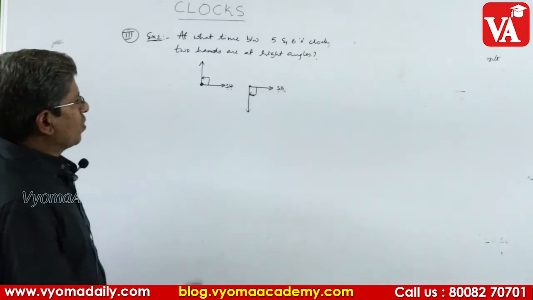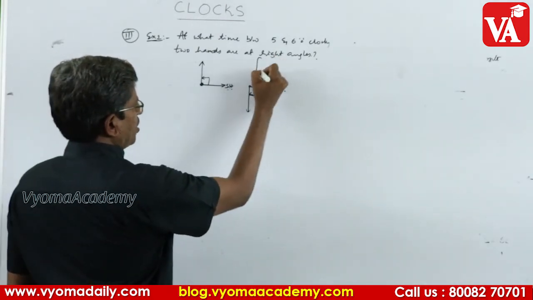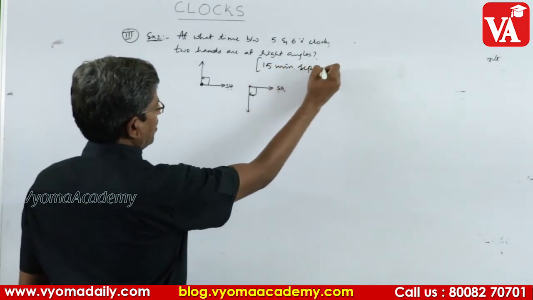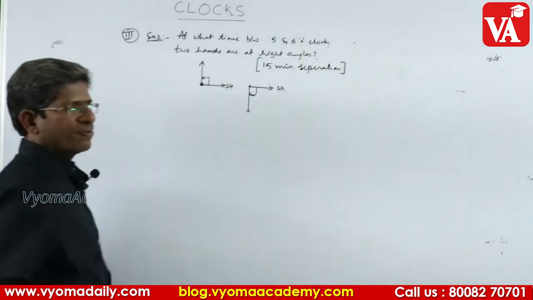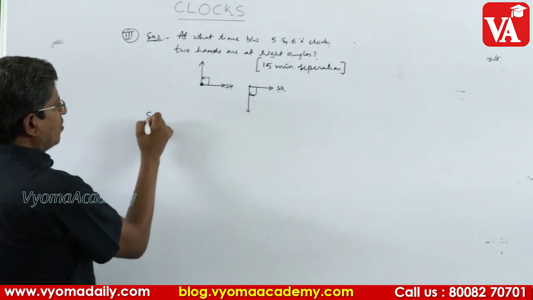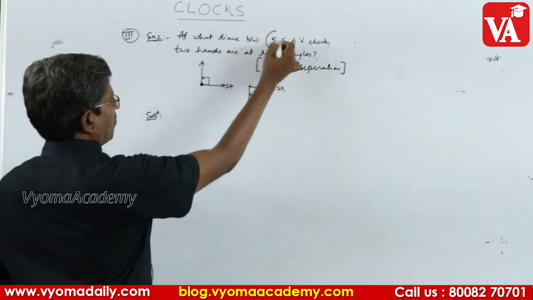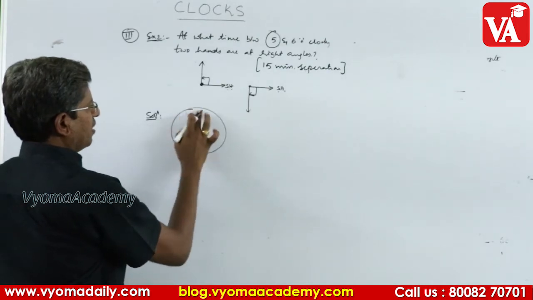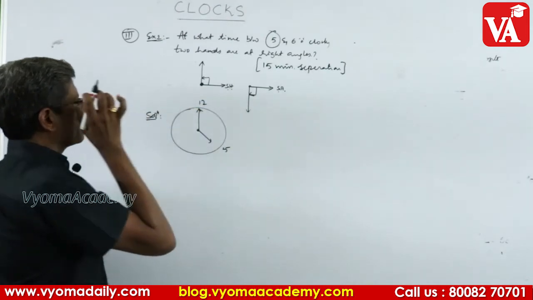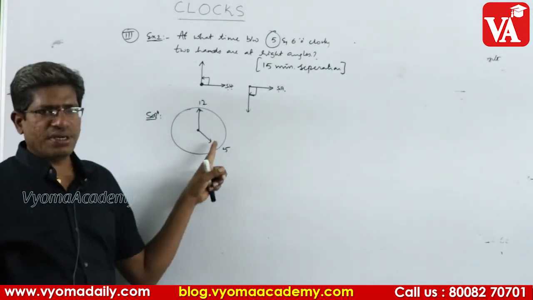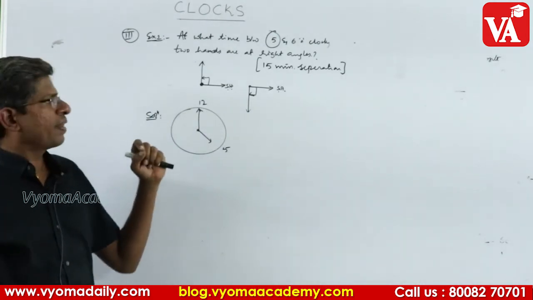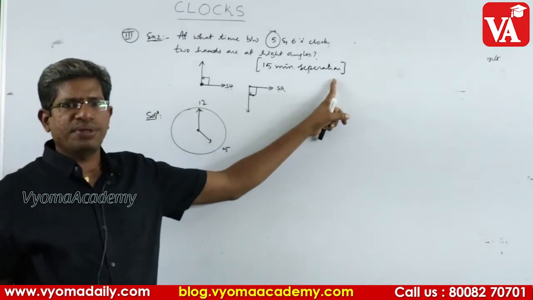Okay. So keeping that in mind, right angles means one more thing: how many minutes separation here? 15 minutes separation. How many minutes separation there? 15 minutes separation. Okay. Now let me explain in a very clear manner. As usual, imagine 5 o'clock here. So what's the separation now? Already in the existing diagram, 25 minutes is the separation, okay? But we want only 15 minutes separation.